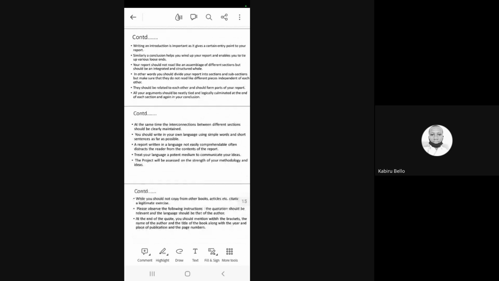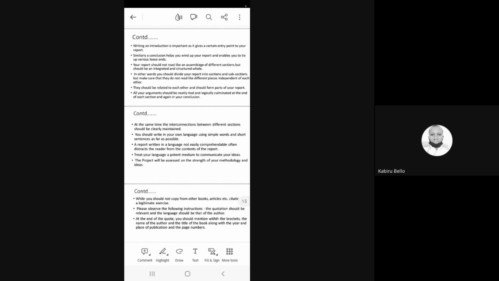Writing an introduction is important as it gives a certain entry point to your report, and similarly a conclusion helps you to wind up your report and enables you to tie up various loose ends. Your report should not read like an assembly of different sections, but should be an integrated and structured whole. You should divide your report into sections and subsections, so it would be easier, but make sure that they do not read like different pieces independent of each other.